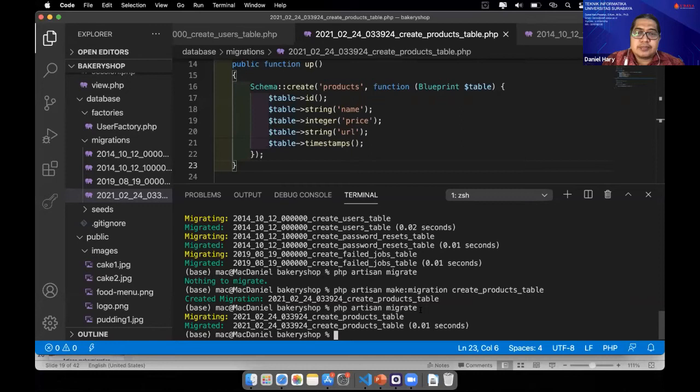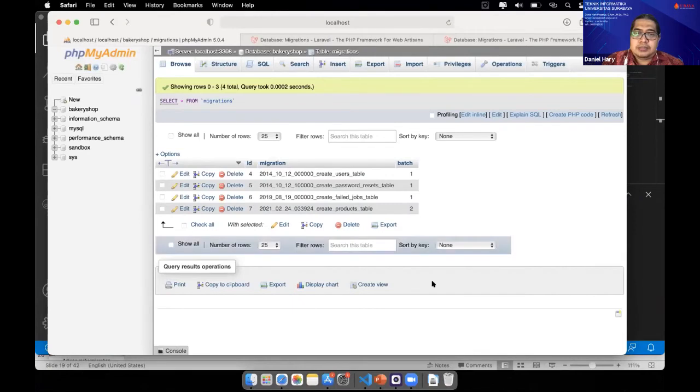As we can see, there are 2 migration batches. The first is the table here in the migration table, and this one is batch 2. So if we roll back, it will roll back the highest batch first.